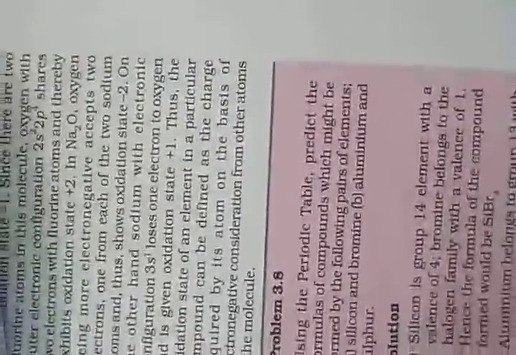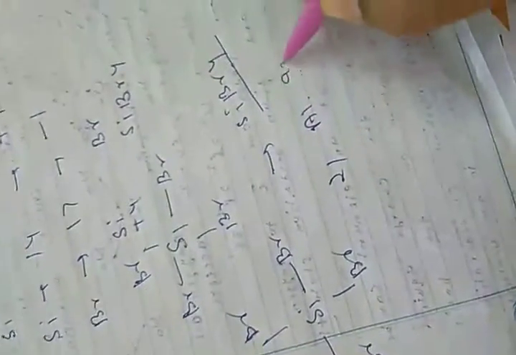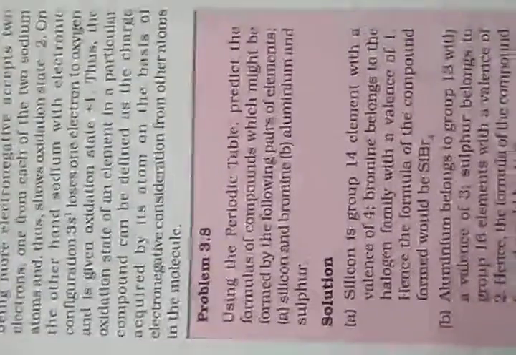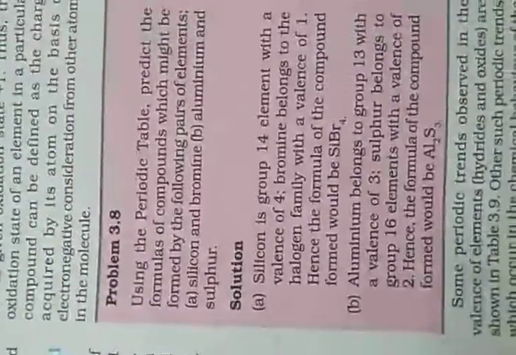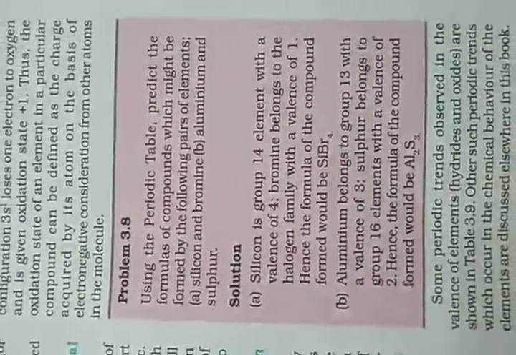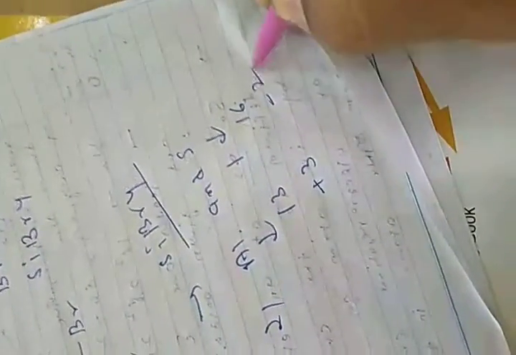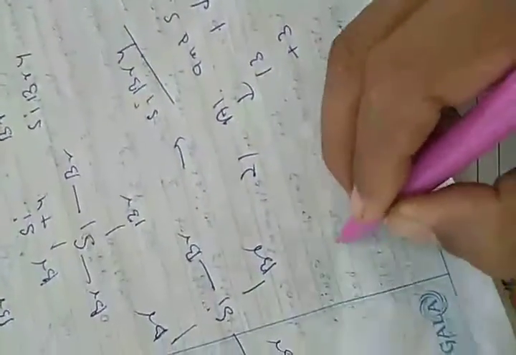Okay. Now next, aluminum and sulfur. See, aluminum belongs to group 13, and sulfur comes below oxygen, group 16. Aluminum 13 with a valence of 3. So aluminum has a valence of 3, and sulfur, being below oxygen, has valence -2. So Al